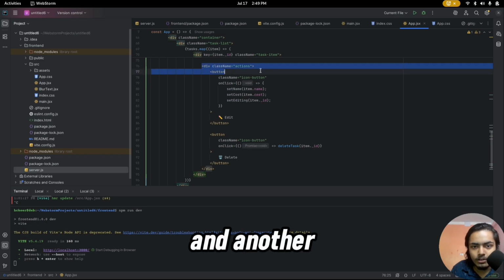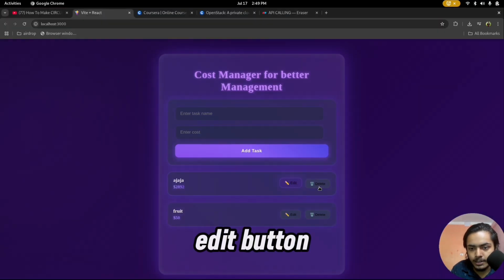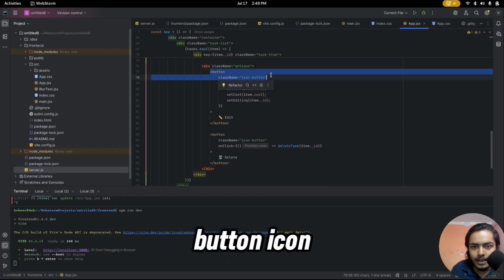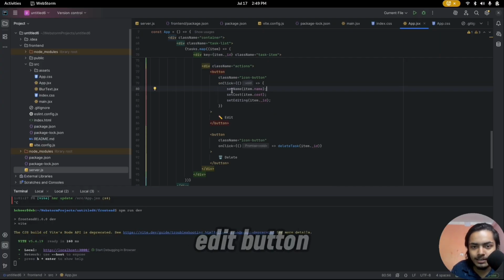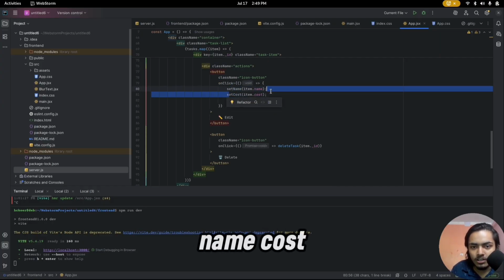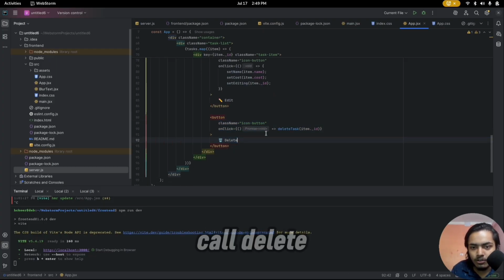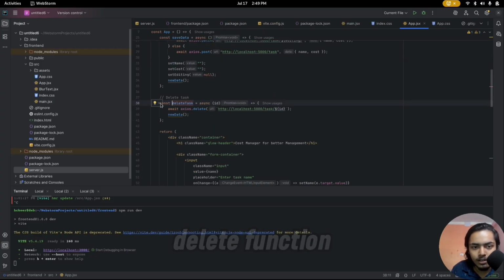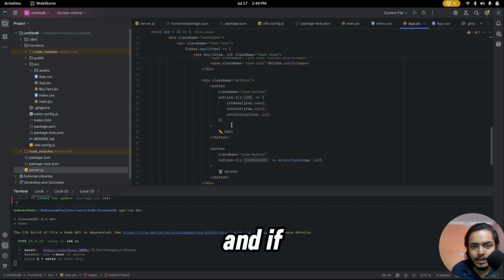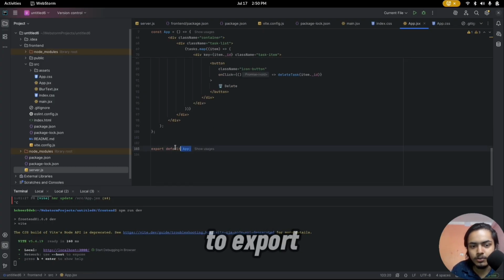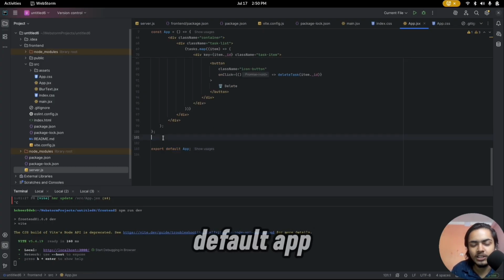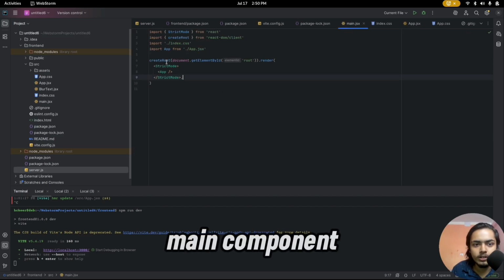And another part gives actions like buttons. Here is the edit button and here is the delete button. On clicking the edit button, it will edit the name, cost and ID also. And if we want to delete, clicking the delete button will call the delete function, which will delete the data. If you call the edit function, it will set the name, set the cost, and set editing to true or false. After that we have to export the file using export default App,